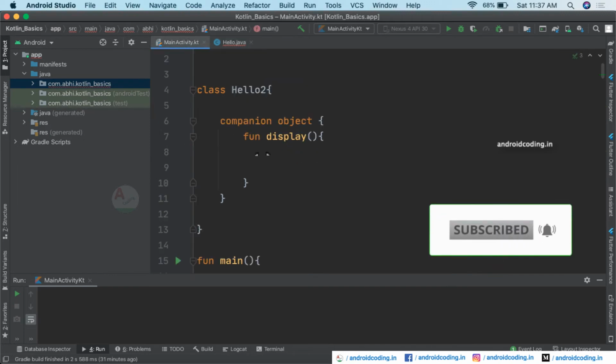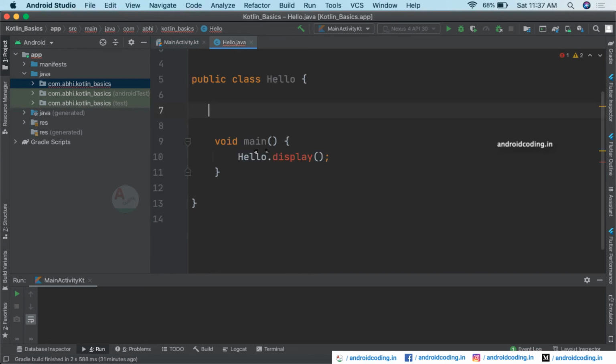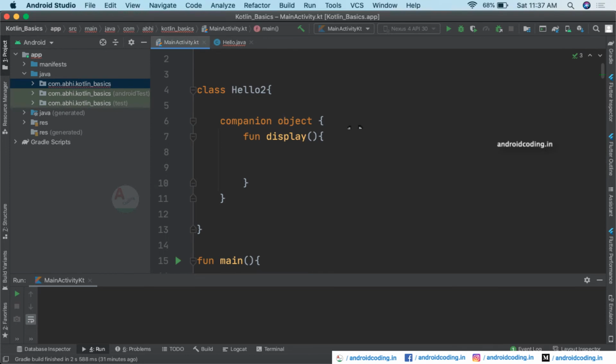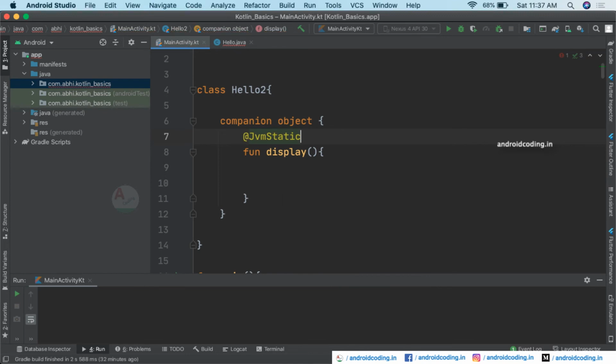When you come back to the Kotlin code, the method is also display here, but we are not able to access that particular display method. The reason is that you need to make the compiler know that this is a static method. For that we are going to provide @JvmStatic.